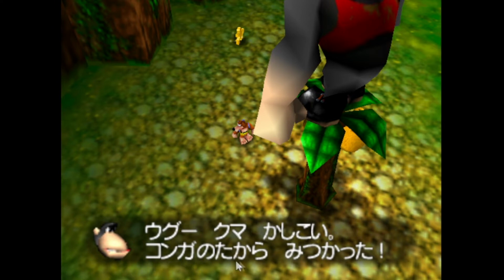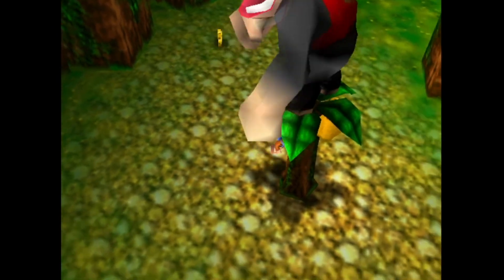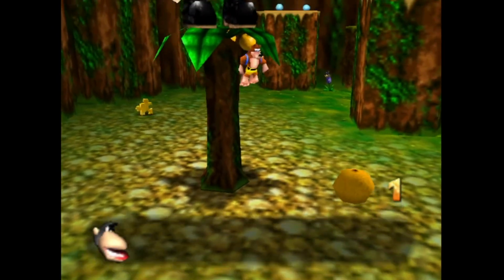And then Konga no takara mitsukatta. Takara is treasure, so Konga's treasure. Mitsukatta, like just to be found. So yeah, Konga's treasure has been found, but it doesn't sound quite so weird in Japanese, as we've already said. It basically means you found Konga's treasure.